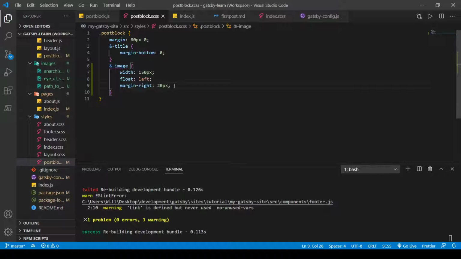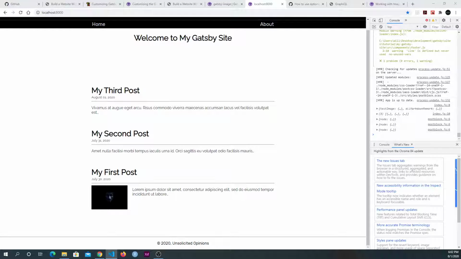Alright, so for now, we'll leave it like that. Now one thing you see is that, actually, it's okay now, right? We've got our third post up here, we've got our second post here, and our first post here. So they're in descending order from the most recent. But if you want to guarantee that, so that you don't have to worry about your posts getting out of order and that people always see the most recent post at the top,